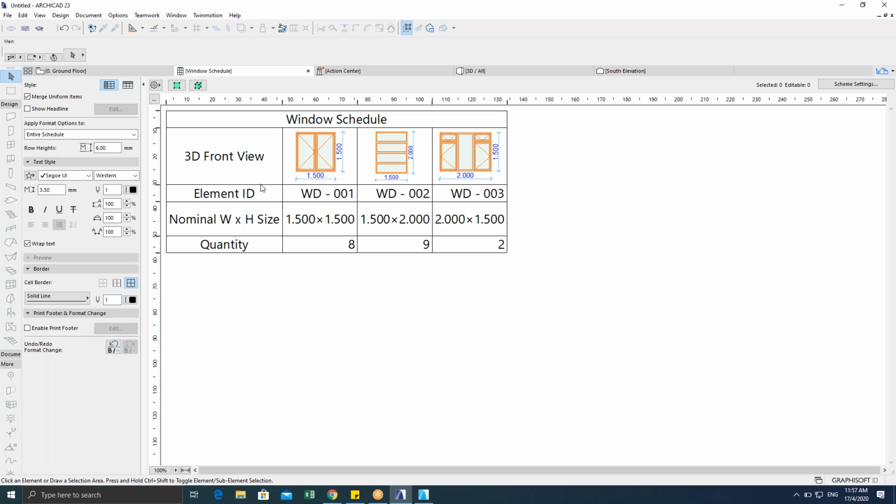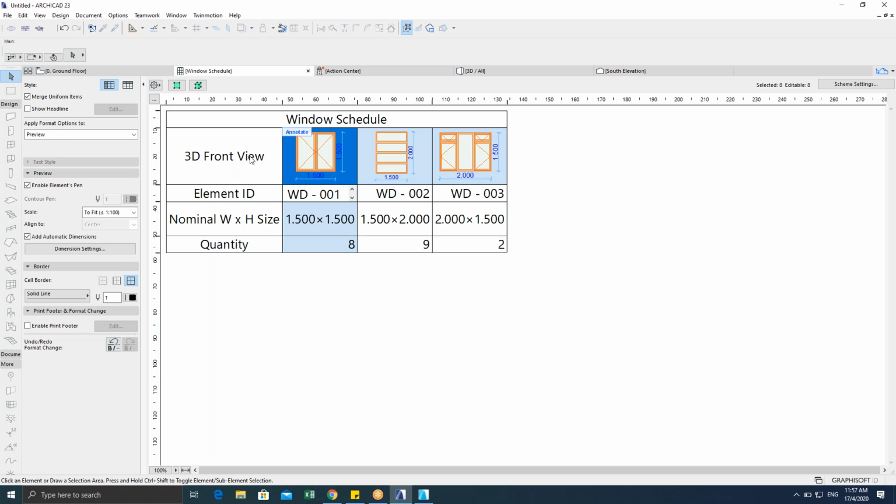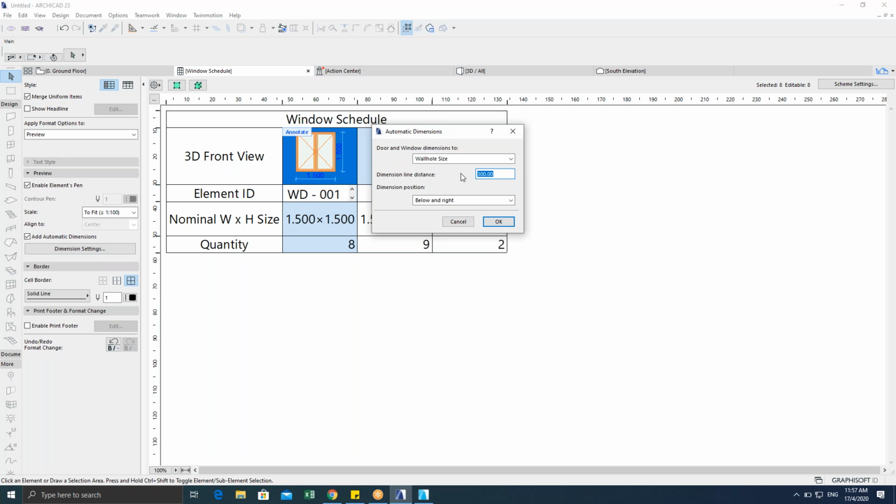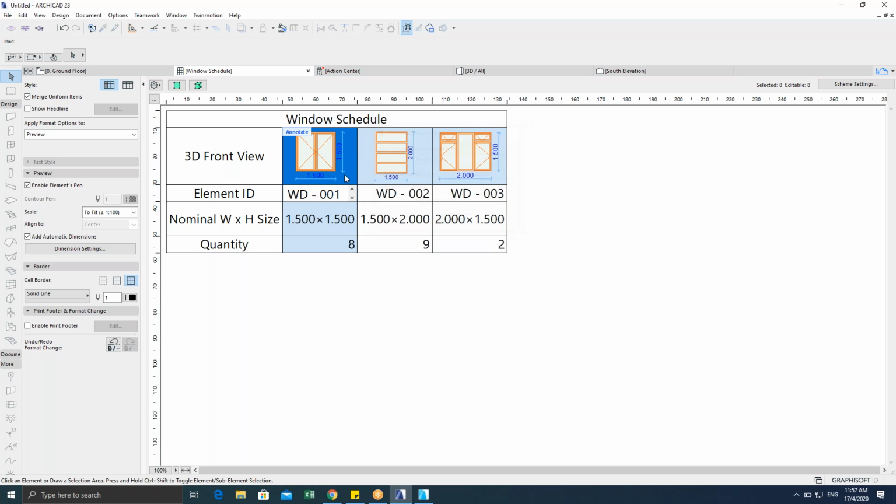If you select this, make sure to select the view first, and then click this add automatic dimension. Automatically, it pops up with this dimension. And of course, under dimension, you can set the line distance, the below right, of course. But another thing that you can do is, let's say now I select this window, right? If I click this annotate,